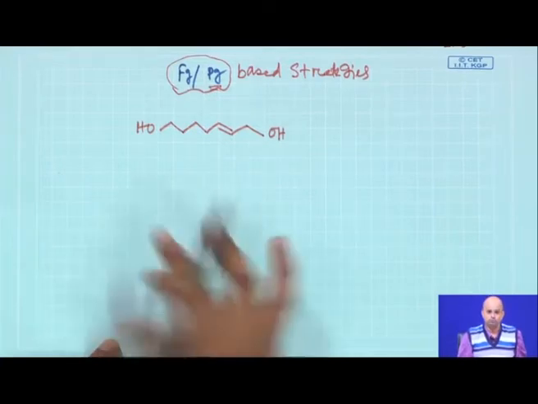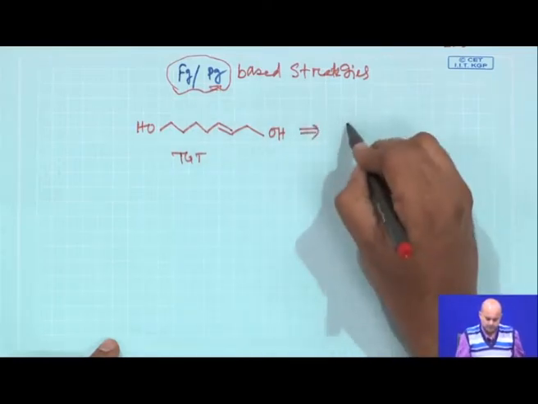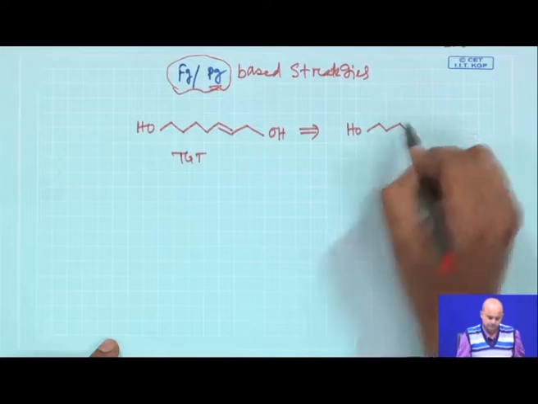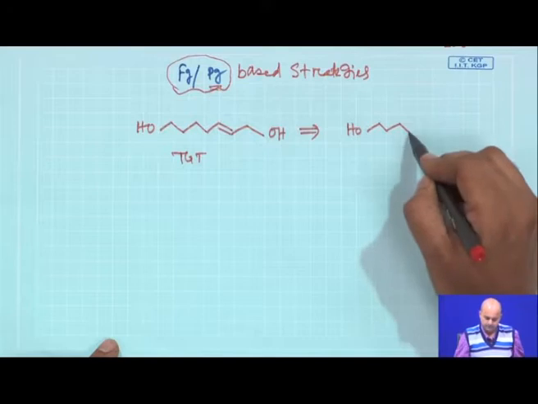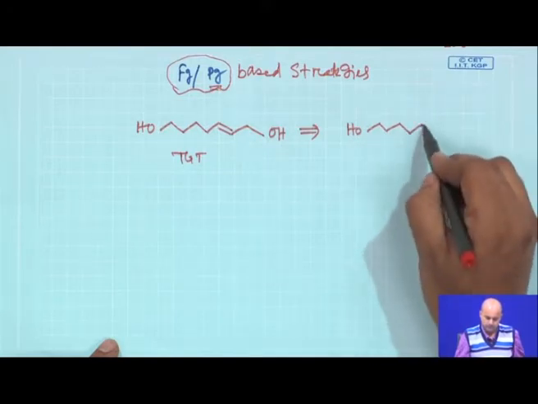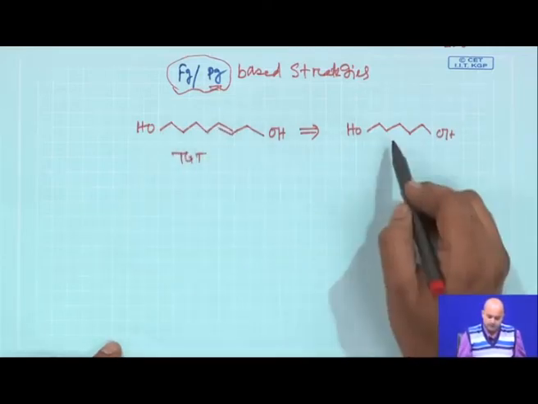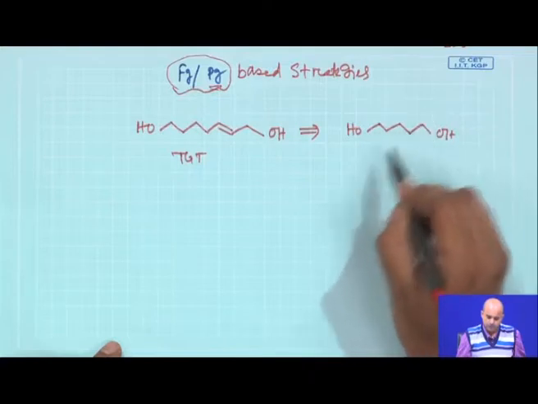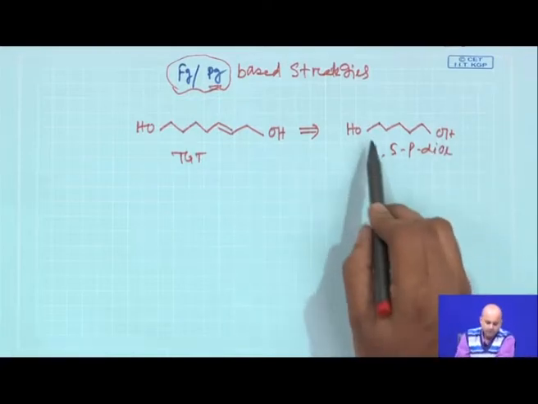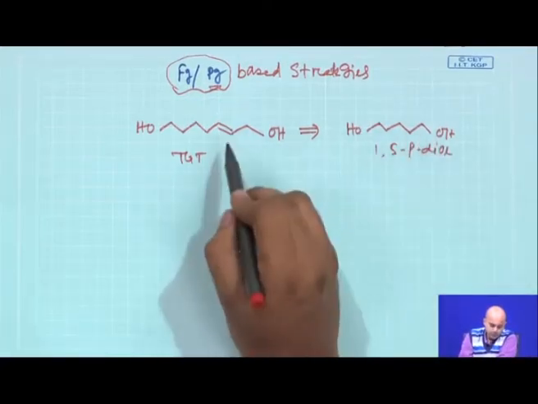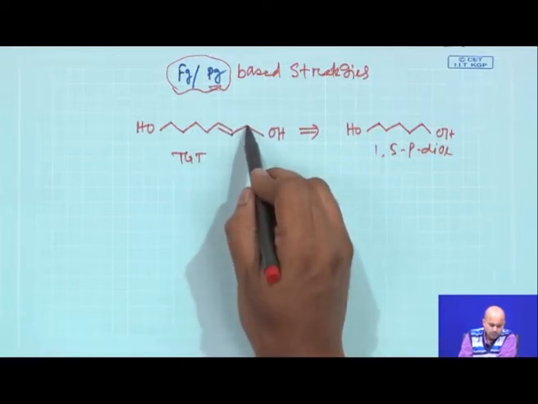if you have a target molecule something like this, and I give you a starting material, 1, 2, 3, 4, 5. So, I give you this target molecule and the starting material is 1,5 pentane diol. Now, what you need to do is just put a new carbon-carbon bond here, a simple 2 carbon extension.